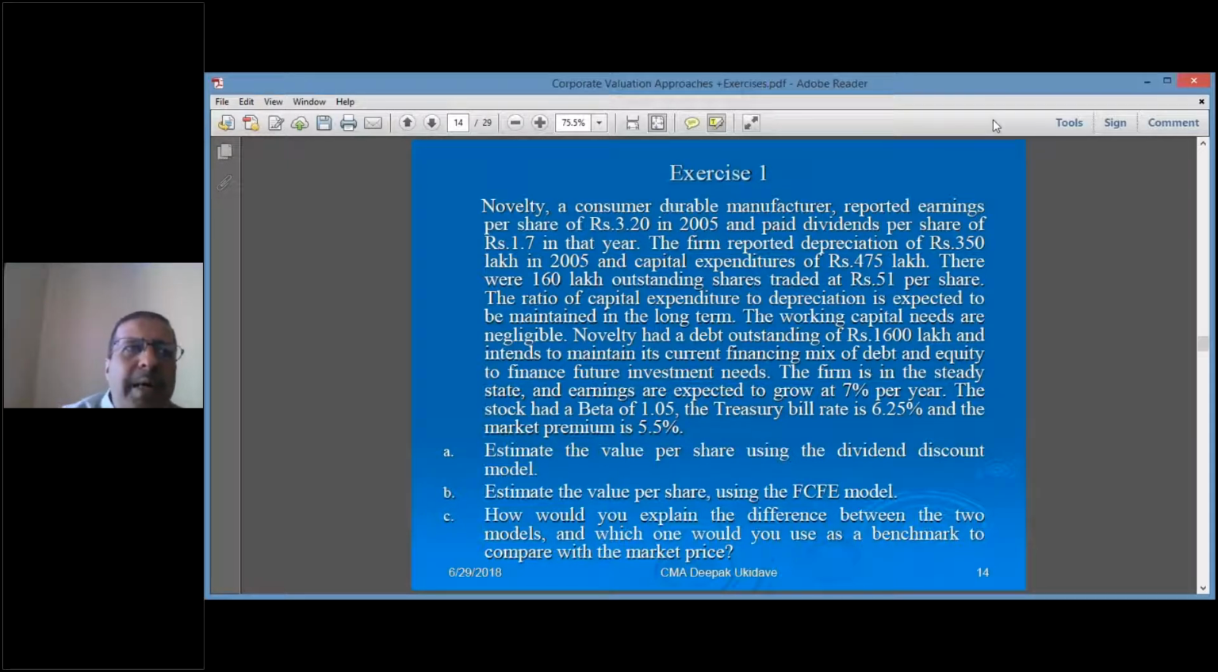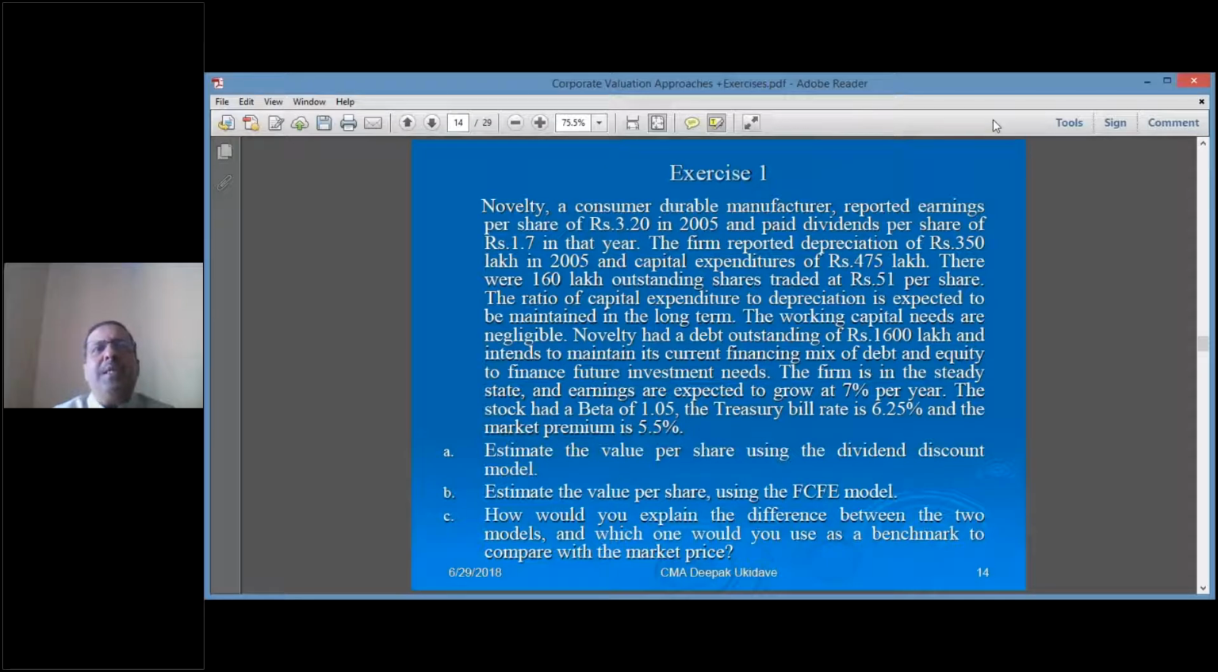I repeat, P0 is the intrinsic value of a share. That is equal to D1, the expected dividend, upon KE minus G. Expected dividend D1 is D0, the current or past dividend, into 1 plus G, growth rate, upon KE minus G. So in the next problem, we are going to make use of the dividend discounting model and the FCFE model,